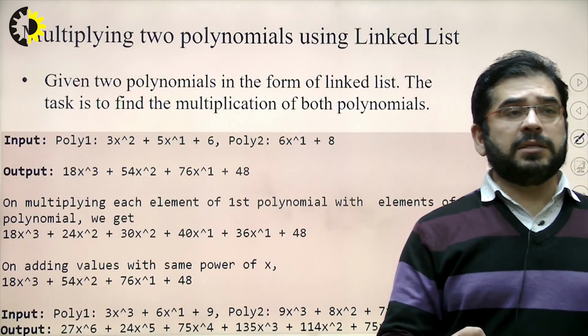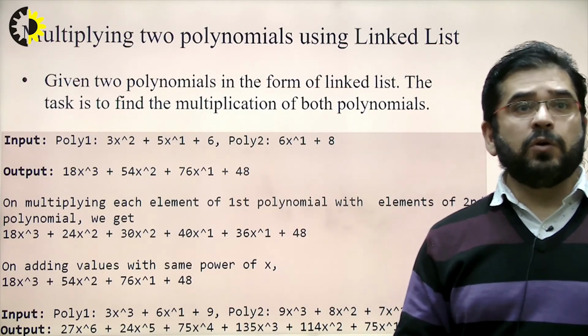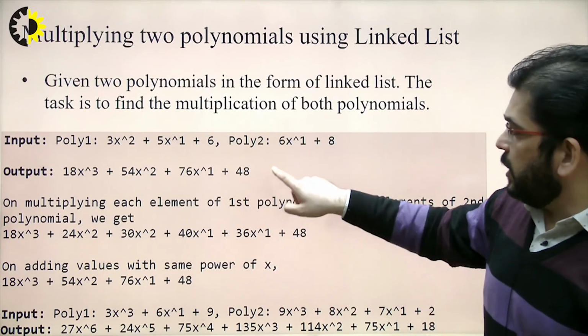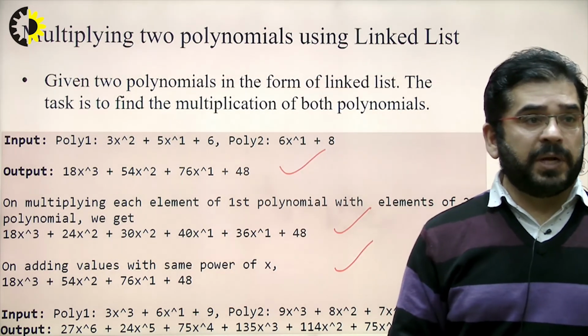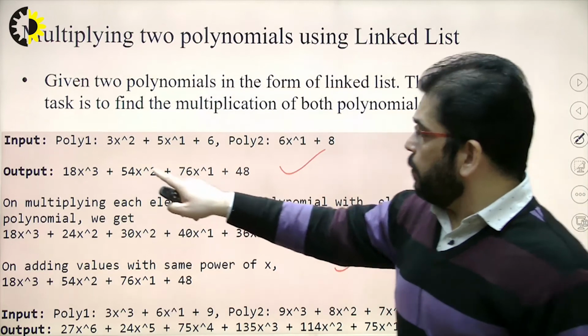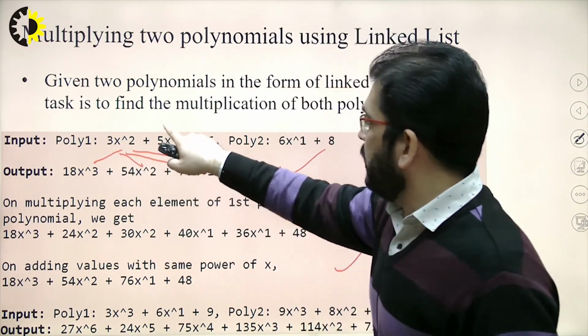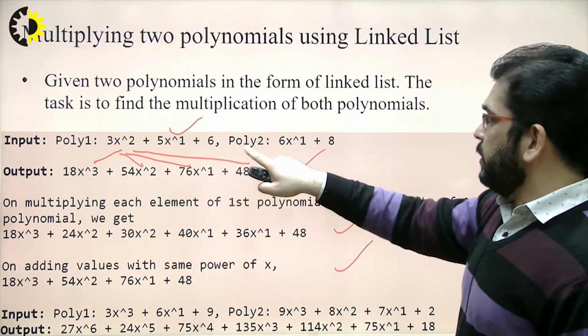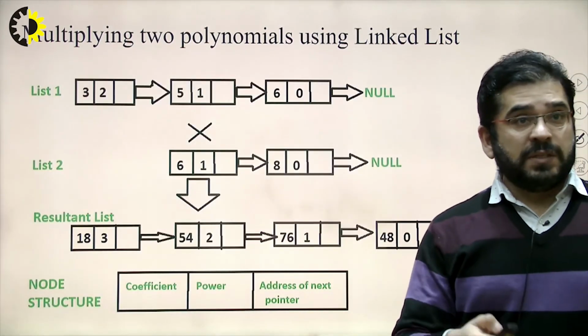This is the example of polynomial multiplication. In multiplying 2 polynomials using linked list, the same approach can be used as we did in the addition and subtraction operations. Every component will be multiplied with every other component. Similarly, the next component will be multiplied with every other, and similarly this is the polynomial too. So just see the diagram.